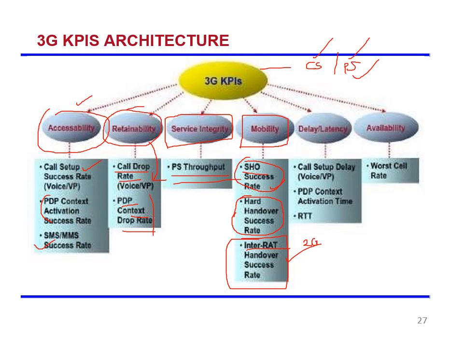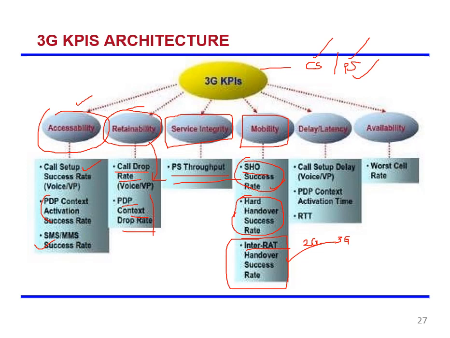If the 3G customer's 3G signal is not there, and the 2G signal is there, the customer call should be handed over to 2G. So that's called inter-RAT handover success. If the inter-RAT handovers are successful, the success rate is more; if not, the success rate will be less. If problems are there, they should be addressed in the OMCR. If the parameters are faultily configured, that should be addressed.